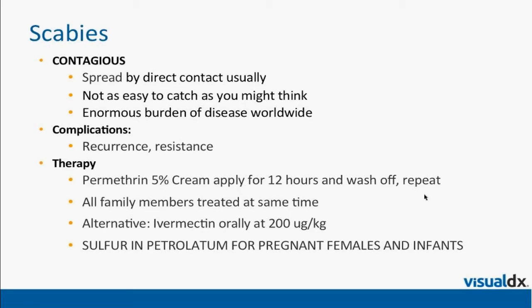The most important complication is recurrence. There are some cases of permethrin resistance and ivermectin resistance in the U.S. So occasionally you'll find that when you treat these patients, they don't get better. You may need to treat them 2 or 3 times, and occasionally, it's very rare, you might need to treat them with 2 agents simultaneously, such as ivermectin and permethrin. As far as I know, as of last year, there were no documented cases of scabies that were both ivermectin and permethrin resistant in the same mites, but I'm sure that's coming soon, so that won't be fun.